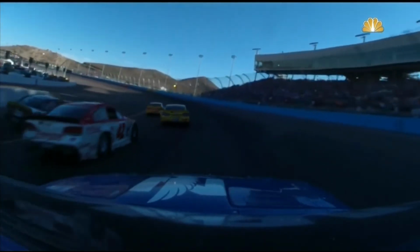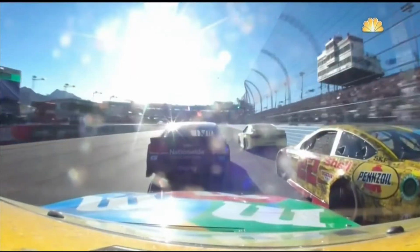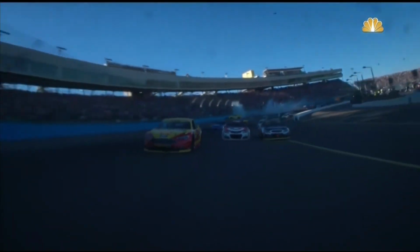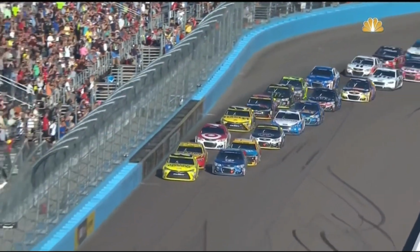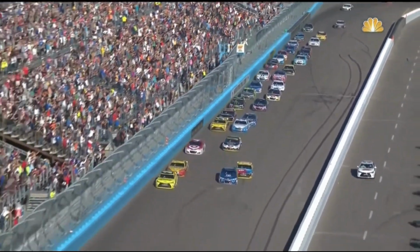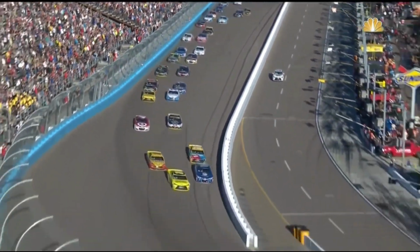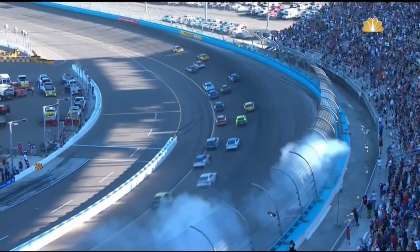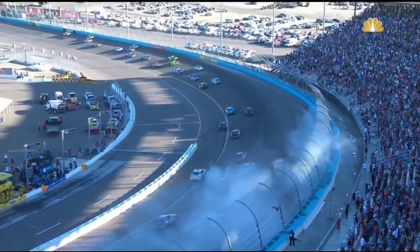Listen, remember where we talked about the spotters are at this racetrack. The spotters are in turn 1. The view is not as good as it would be on the front straightaway. So I just think Matt Kenseth thought, because of the launch that he got on the front straightaway, that he had him cleared. But right here, when Kyle Busch hits the back of the 88, it probably gets the 88 going a little quicker than the 88 wants to be. Matt Kenseth doesn't think he's going to be going that fast, thinks he's going to have a lane to the bottom. Yeah, I mean, the 88 definitely didn't want to be there, but without a doubt,